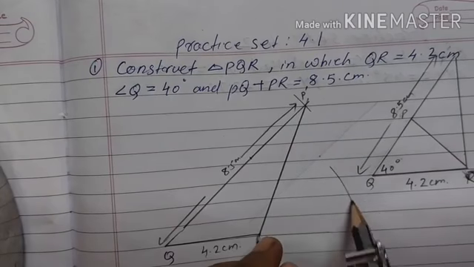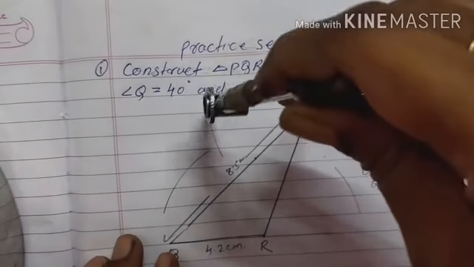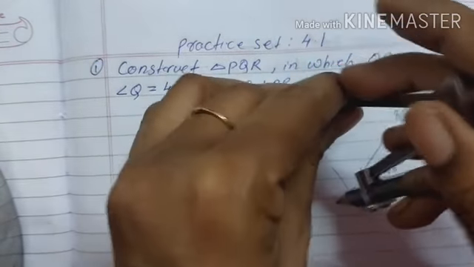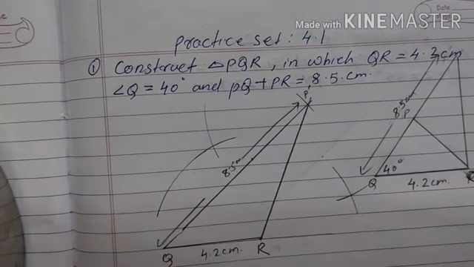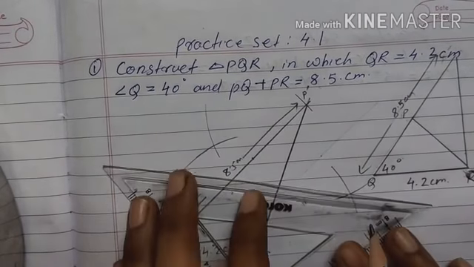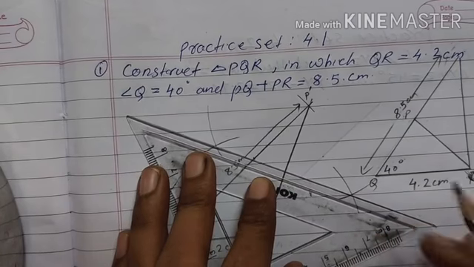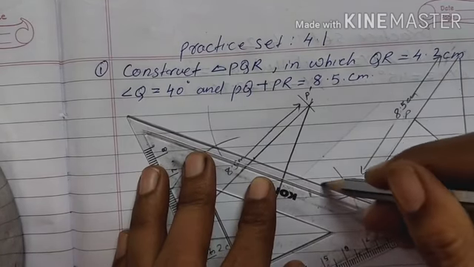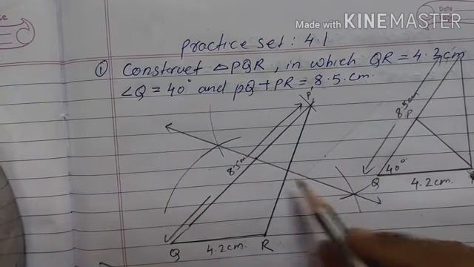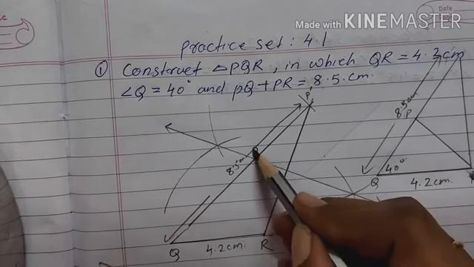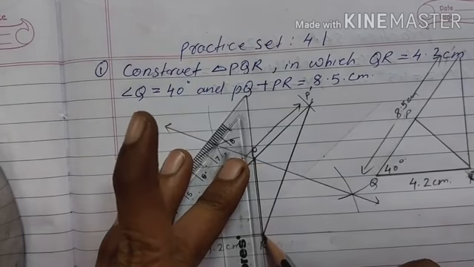Now take the compass, measure more than half the distance of P dash and R, and draw the perpendicular bisector of P dash and R. So first of all draw the arc above and below this side, and then keep the compass on another point and cut that. So this is your perpendicular bisector of the segment P dash R. Now see, this perpendicular bisector intersects the side on which you took the sum of two sides at one point. That is your point P.